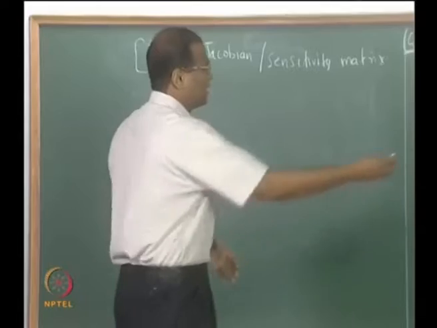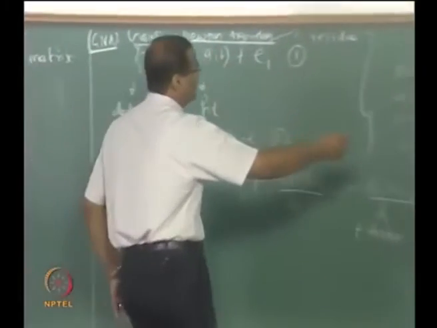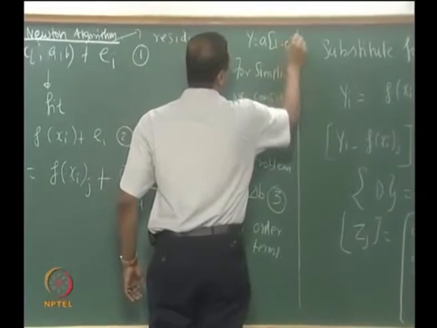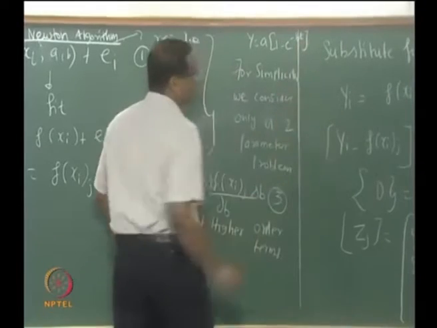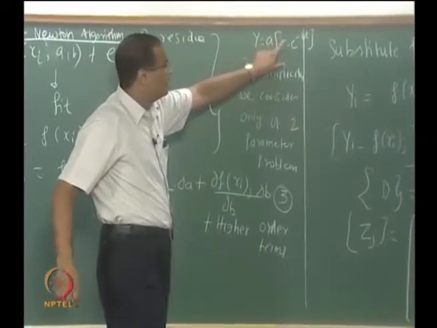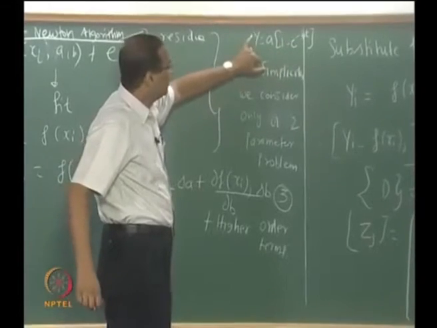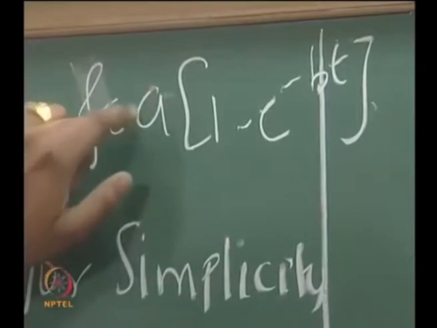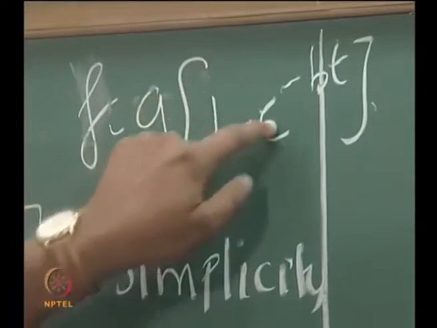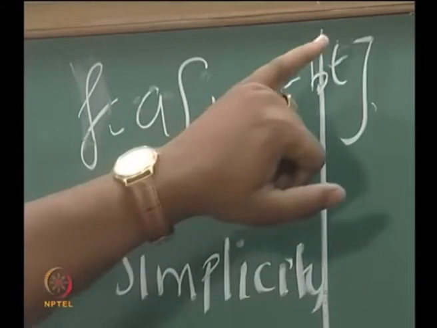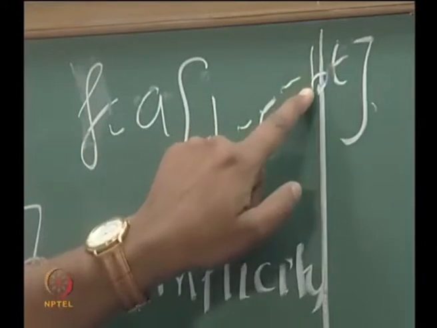Okay, don't get lost here, don't get lost in matrix algebra. For example, it is very straightforward. Y is equal to a into 1 minus e to the power of minus bt. Dou f is this. Okay, so f is this. So dou f by dou a, watch carefully. Dou f by dou a is 1 minus e to the power of minus bt. Okay, so you have to start with some values of a and b. So your initial guess values of b you use.